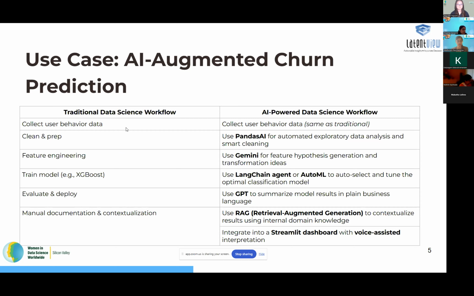The data collection step more or less remains the same. Where we spend a lot of time in general is in cleaning and prepping our data, and that can be replaced by Pandas AI, and we can do easy exploratory analysis and data cleaning with Pandas AI. When we do feature engineering, we use a bunch of multivariate analysis, correlation analysis, and then we combine different features and sometimes go back to cleaning and more data prepping. But we can easily use Gemini or ChatGPT for hypothesis generation or even some ideas on how we can